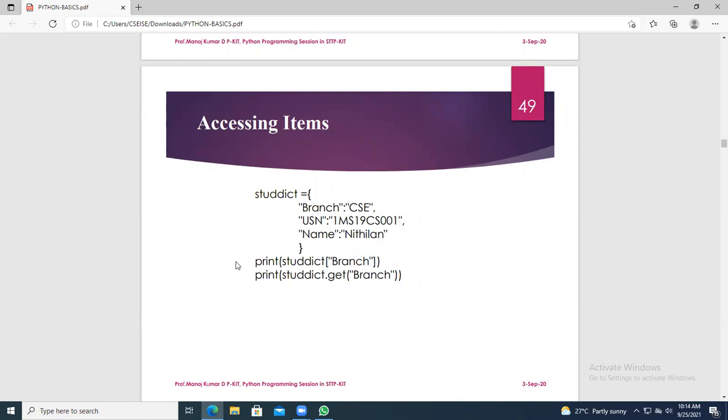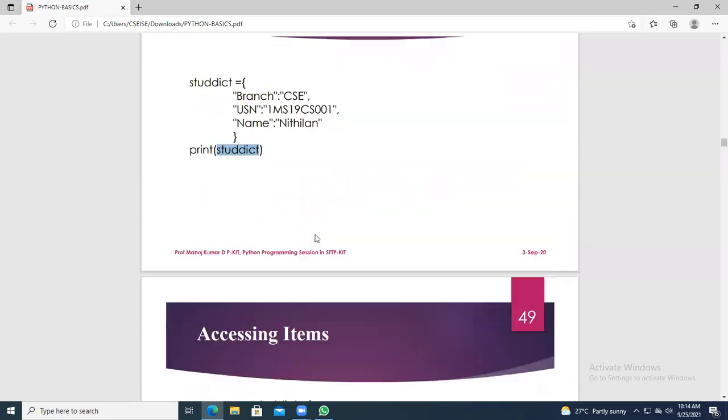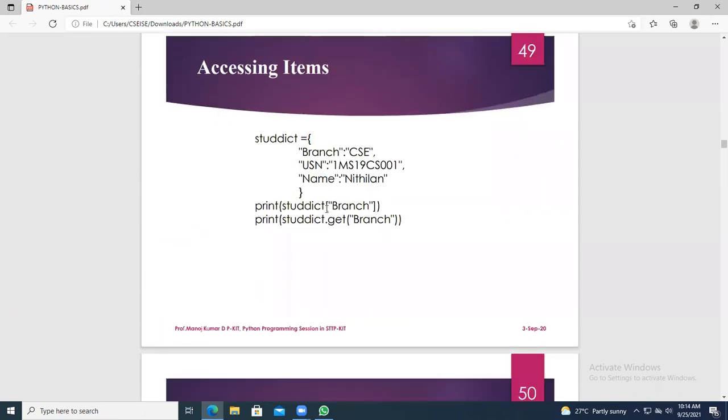Here you have just taken std, which is a dictionary variable. To access all the elements, you give the dictionary variable directly. If you are accessing only one of the items, you have to give that in the index. So you give std in square brackets, and in that you give branch. That will print the value CSC.